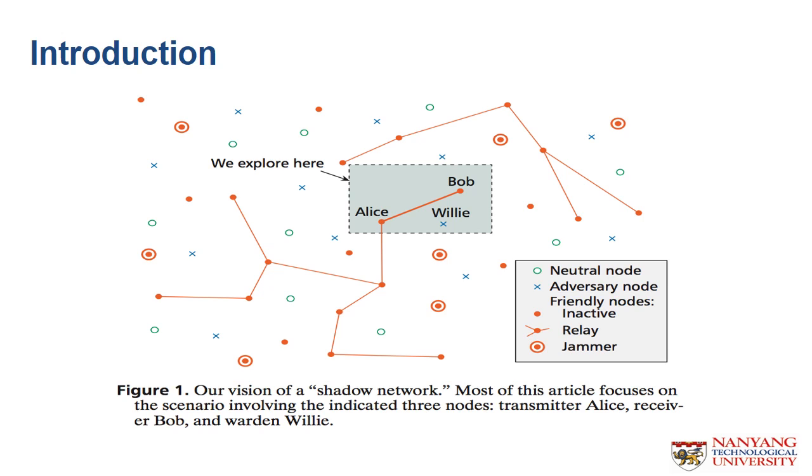The overarching goal of covert wireless communication research is the establishment of shadow networks, which is illustrated in Figure 1. They are assembled from relays that generate, transmit, receive, and consume data, and jammers that generate artificial noise and impair the ability of wardens to detect the presence of communication. In this diagram, Alice is transmitting a signal to the intended recipient, Bob, while hiding it from the adversary, Willie.